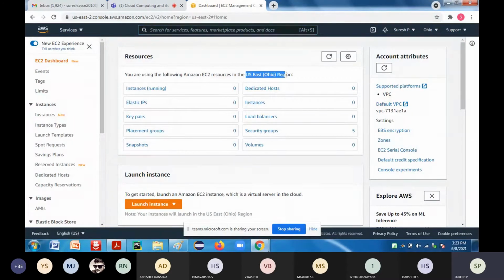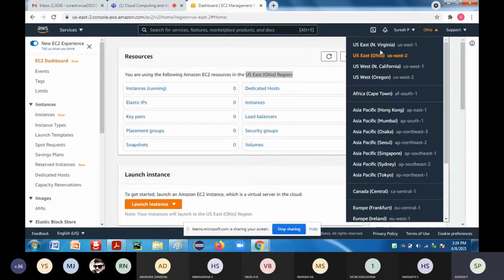What this particular US East region means is that it is a data center. If you take the cloud service provider, it will have n number of data centers. To list the number of data centers, you can check it here. At the right top corner, you are going to have the region. So US East 1. These are the data centers of Amazon.